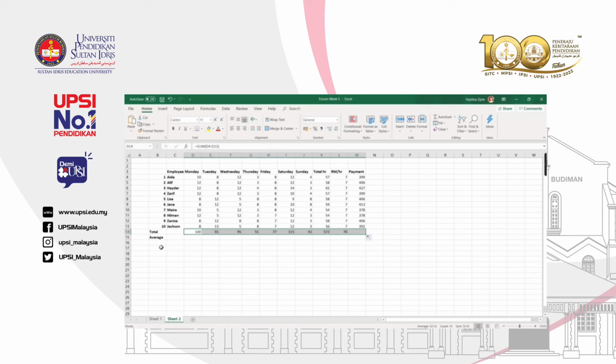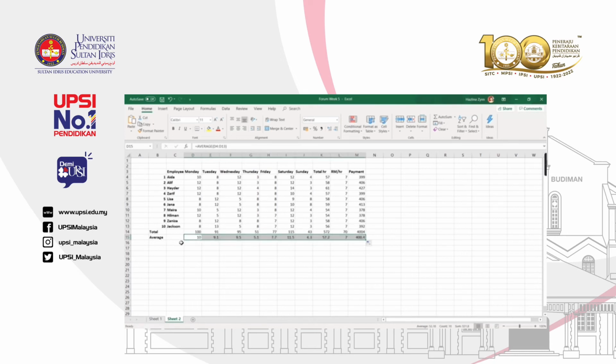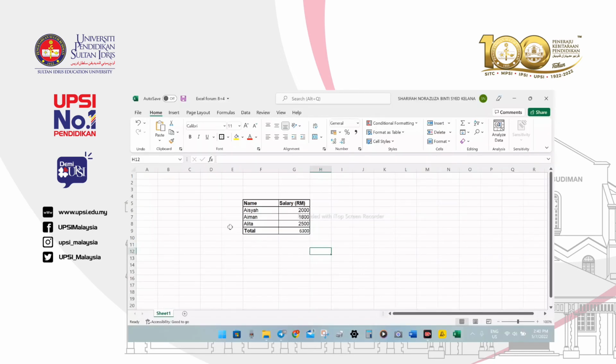Then just drag to get the average, equal average, highlight the D4 until D13, close bracket, and just click enter and just drag, and we will get the